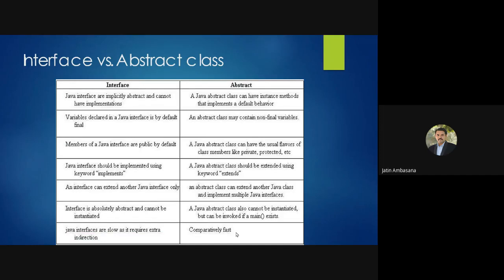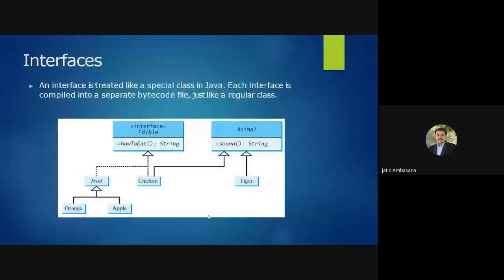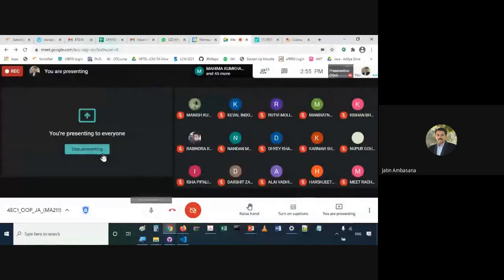Okay, so let's call it the end of the day over here, and we'll stop this session. If there are any doubts, please do let me know. We learned about abstract classes, interfaces and Cloneable, and we saw the Cloneable and Comparable interfaces. These two examples we also saw. Okay, so let me stop the recording.